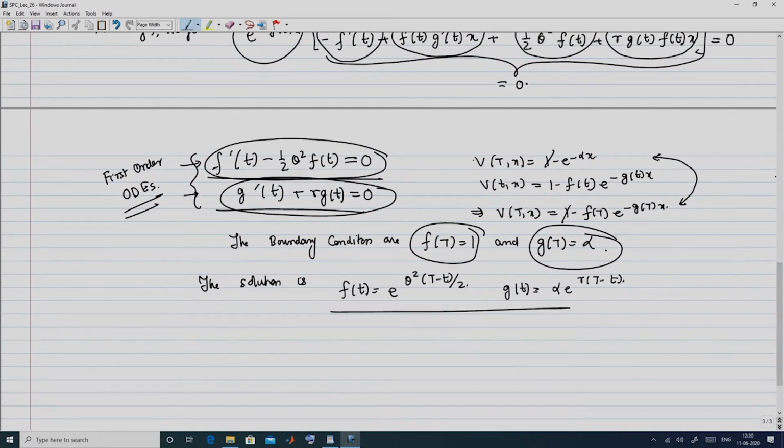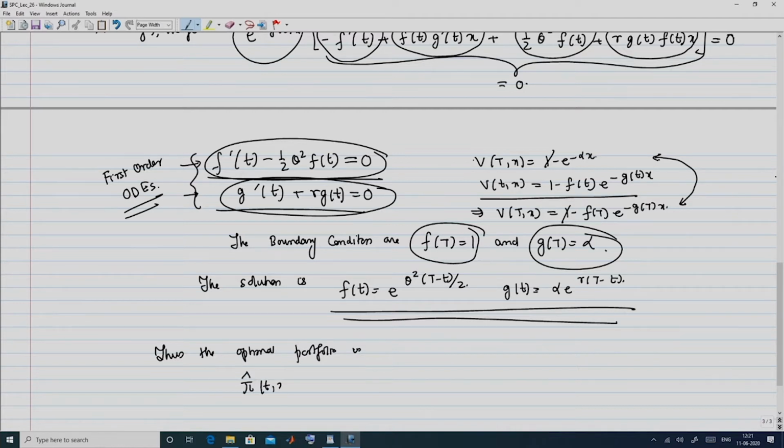This is obviously going to give us v of t x. Then using that we can obtain the optimal portfolio pi hat of t x. Remember that this was minus theta over sigma v x of t x over v x x of t x, and if you replace the value,